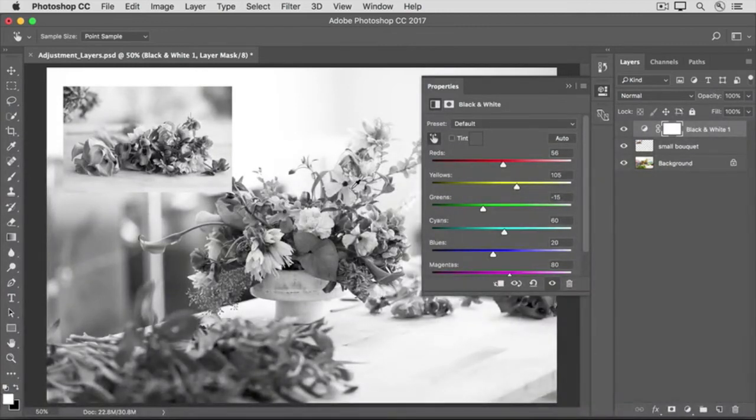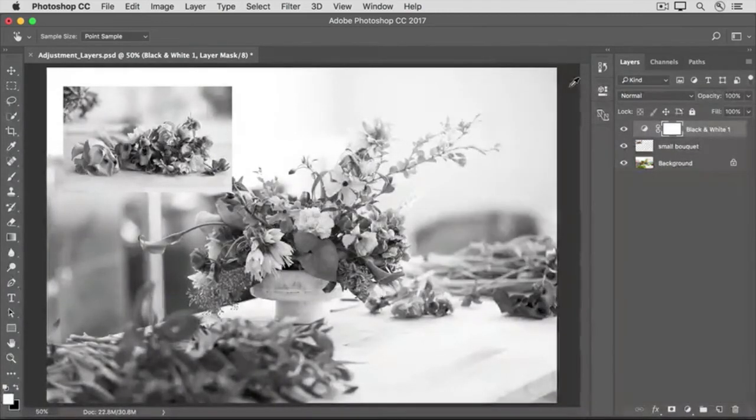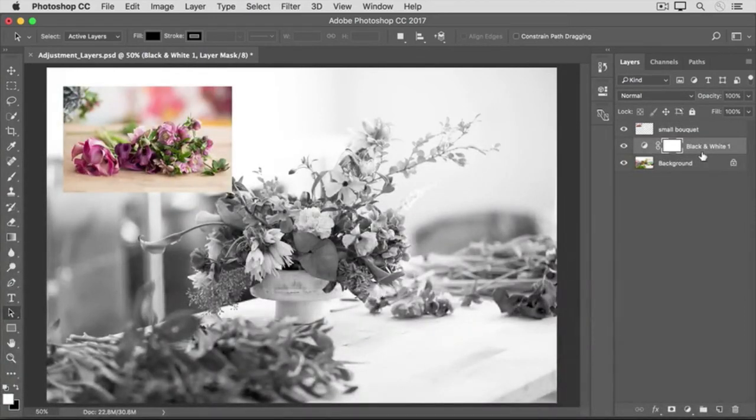To close the Properties panel, click the double-pointed arrows. Now, an adjustment layer affects everything beneath it in the Layers panel. So you can control what's affected by changing the stacking order of the adjustment layer in the Layers panel. For example, with the adjustment layer selected, click, hold, and drag it beneath the small bouquet layer. And now the small bouquet layer isn't affected by the black and white adjustment, and the small bouquet photo remains